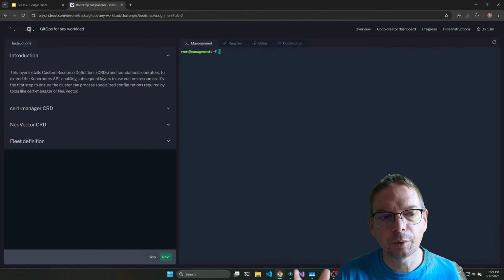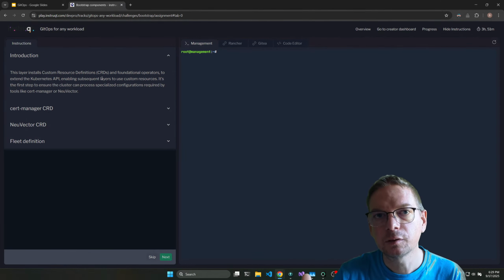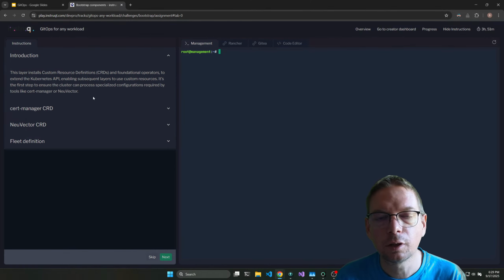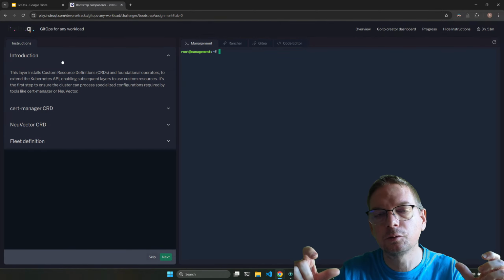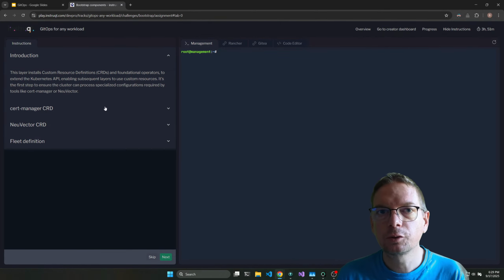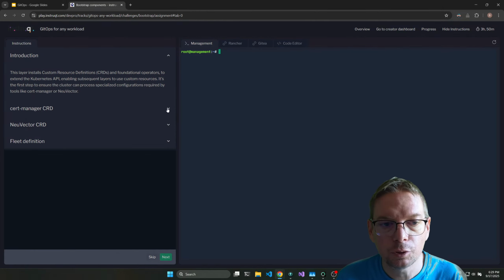By default, Kubernetes ships with a lot of objects and definitions, but some components require additional definitions, and it's best practice to install them before the others. It's a layer that is usually called Bootstrap. So we need to install custom resource definitions on my cluster, and I will use Helm to do it, which is a package manager and application management tool for Kubernetes.